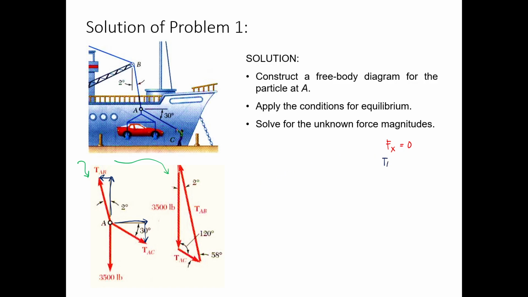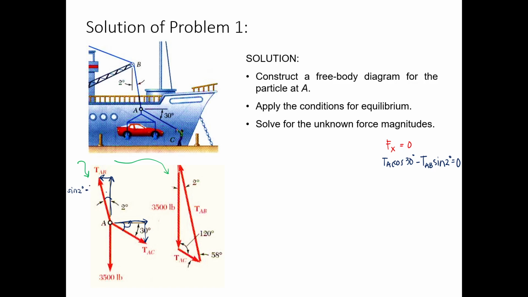So TAC cosine 30 degrees, and then minus TAB sine 2 degrees equals 0. Okay, so again, this one is the 2 degrees, this one is the 30-degree angle. So adjacent, that's why it's cosine for TAC. So this one is sine